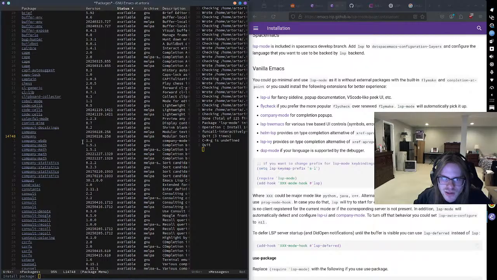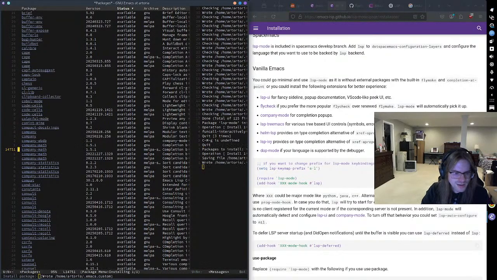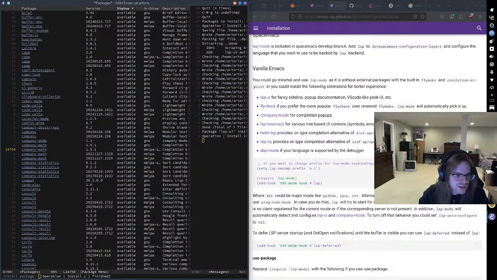LSP treemacs for various tree-based UI controls. I don't really need that right now. And then Helm LSP type completion. Yeah, I don't really. Let's not do alternatives because I haven't even used the real stuff yet. So let's just do that. Yes. So they're installed, but